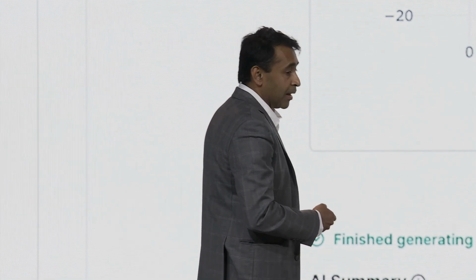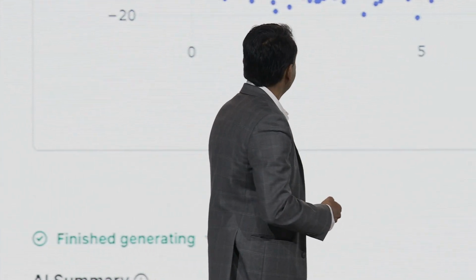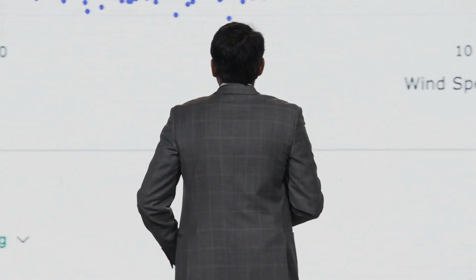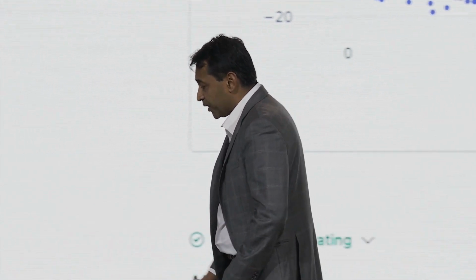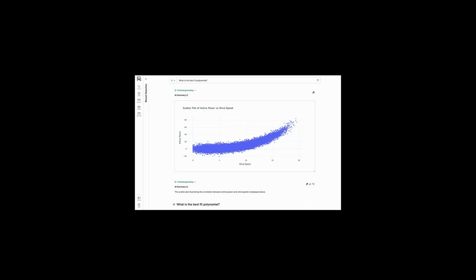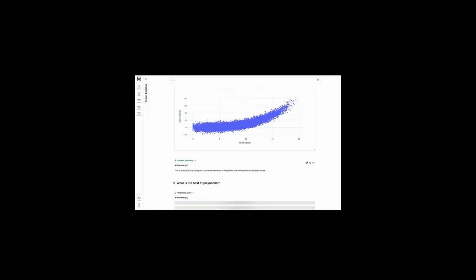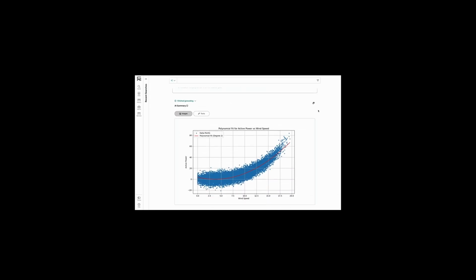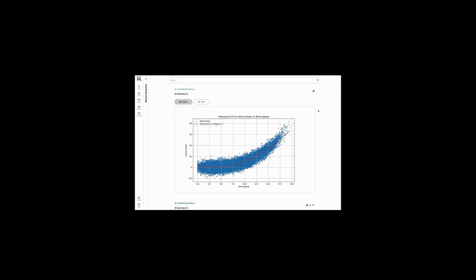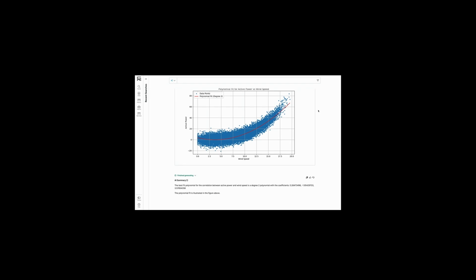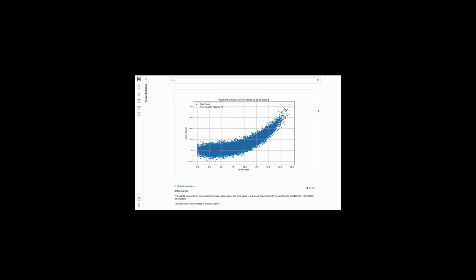Now I can ask it to do something like fit the best fit curve. So if I want to do that, I can say, what is the best fit polynomial, and it'll go ahead and generate that for me. And not only will it compute the best fit polynomial, but it actually graphs it for me on the same chart. So I can see that, and it gives me the coefficients of that polynomial. I can do things like correlation coefficients, Pearson, rank correlation, t-tests, Fisher tests, you name it, all are possible.